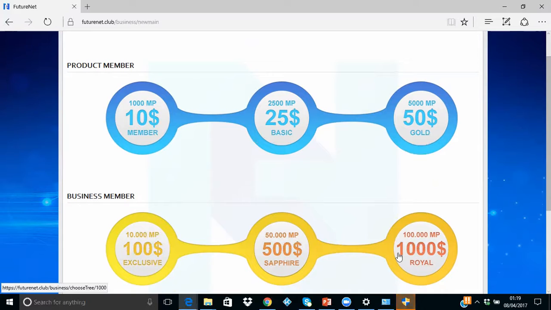Now, guys, let me explain these systems. It's very, very simple. If you were to go into a local shop, many of the local stores today, if you go shopping with them, they will offer you a loyalty card and you can collect points on this card, and you get points for shopping in that particular store. And if you accumulate enough points, you can go back and redeem them for some products in the same store. What we have here with the Futurenet Rewards program is something similar, but much more rewarding